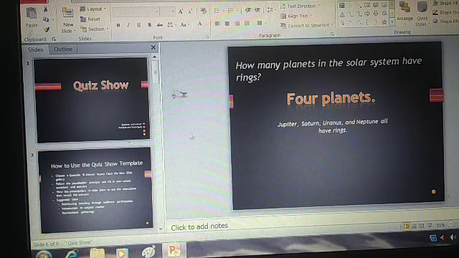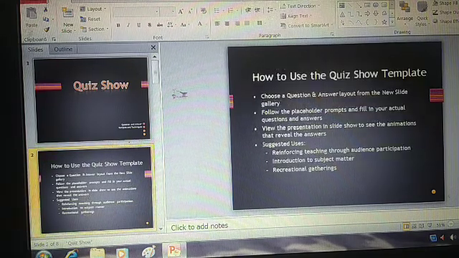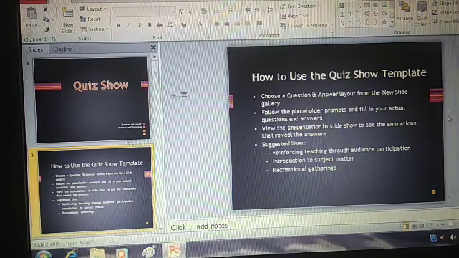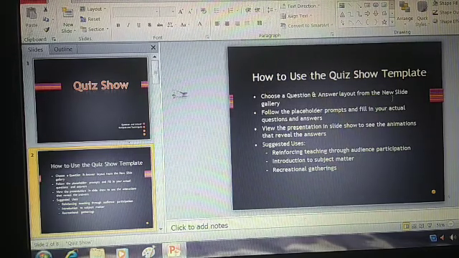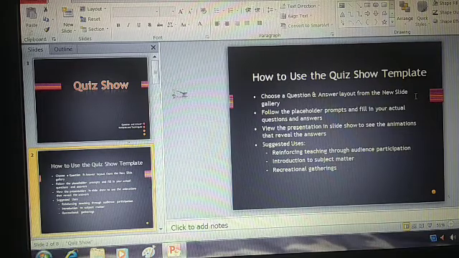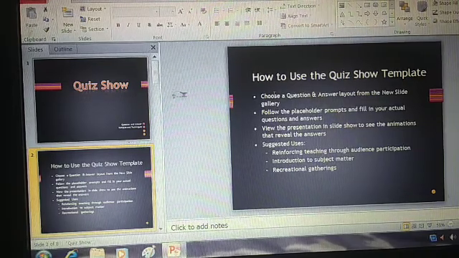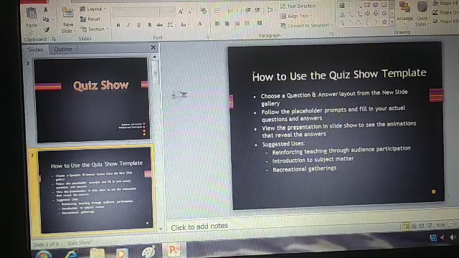What you have to do? Content you can change. Background is already provided. Colors are there. You need not do anything, but only change the content which is required.